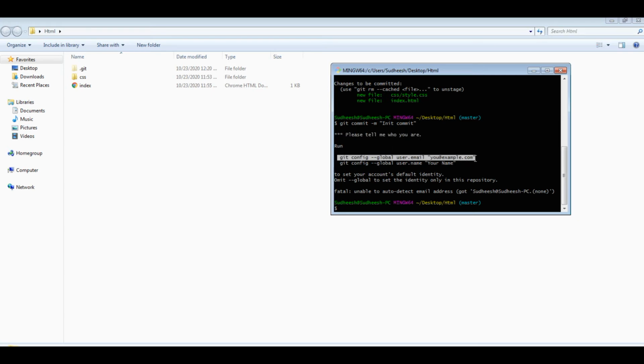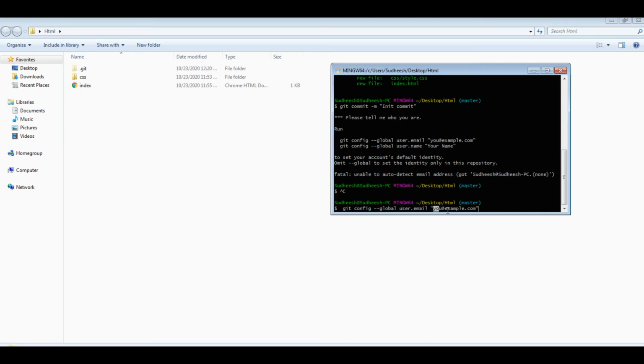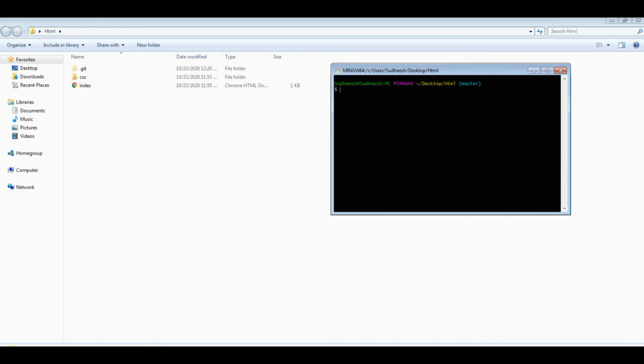So we want to run these commands. So we have entered the credentials to Git, so Git can identify who is submitting the documents now. So we are committing the document, git commit -m initial commit. So 2 files have been committed.